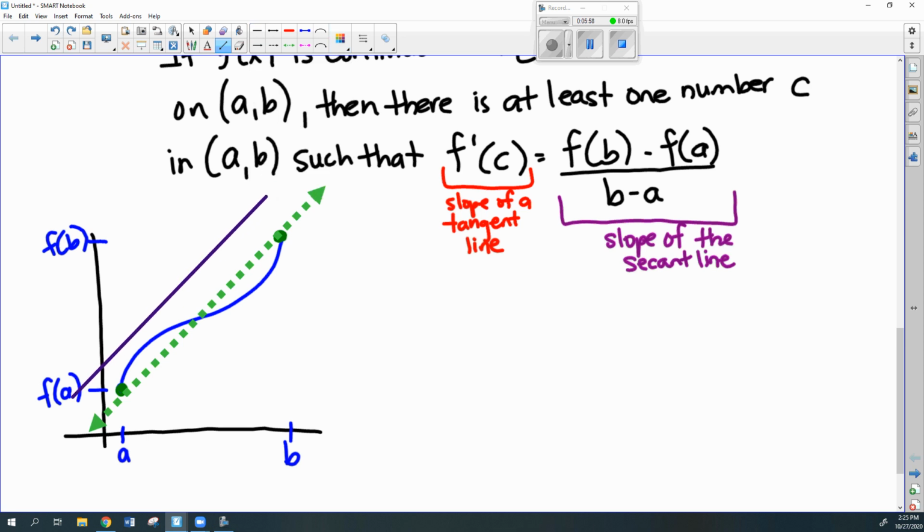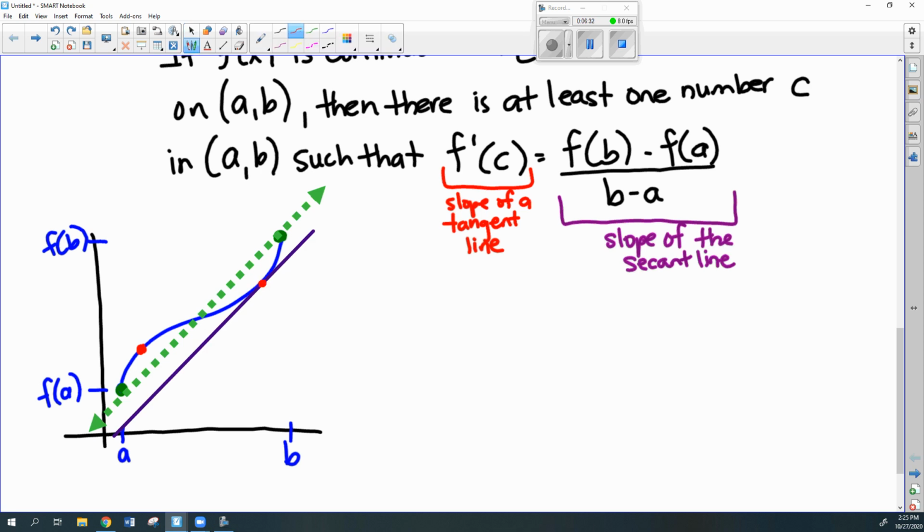Let's try to make those as parallel as possible. And then I want to know, could I put that parallel line anywhere to where it's touching the graph in exactly one spot? And I can. I know it's not perfect, but let's pretend it's touching that one spot right there. Now I could actually pick it up and drag it over here